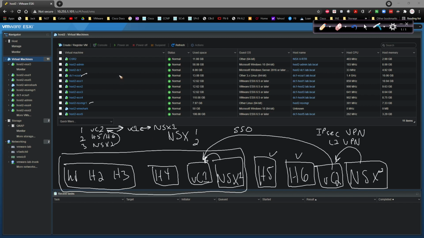Meaning I would need, say, the DC1 SAN to also be usable for DC2. Because it's a lab, I'd be able to hook the SAN into both data centers and then have replication going back and forth, so I can move, say, VM1 from data center 1 to data center 2 this way, and what they call cross vCenter